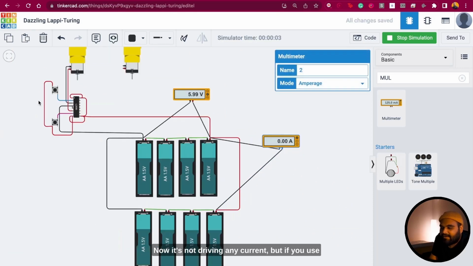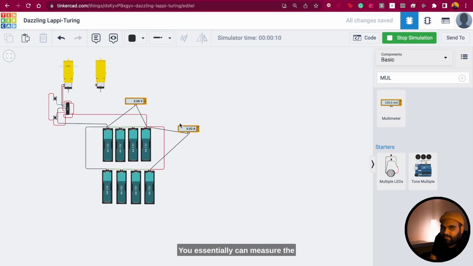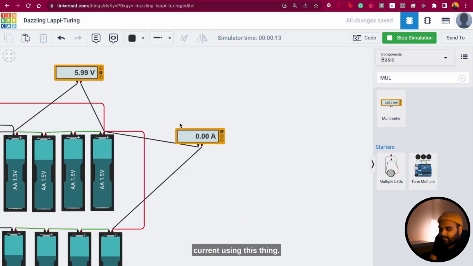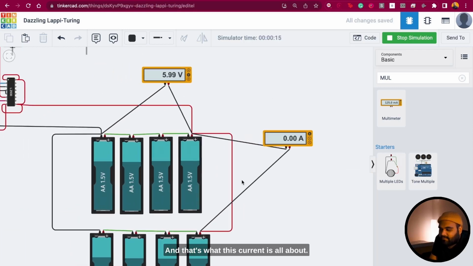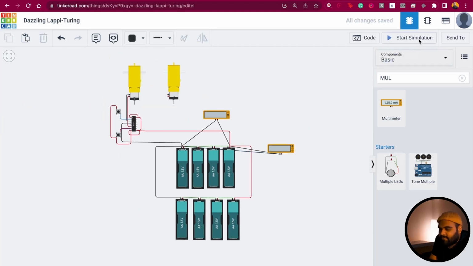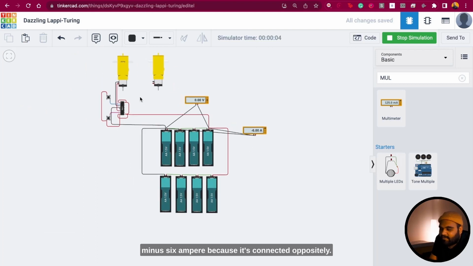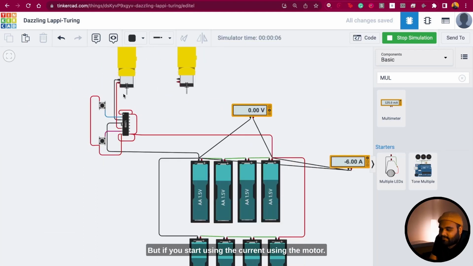Okay, now it's not driving any current, but if you use it, then it's going to start to drive current. And that's what happens over here. You essentially can measure the current using this thing. And that's what this current is all about. You can also measure it much more effectively if you connect this terminal to the other side, which is equivalent to the battery pack, of course. And if you see over here, it says minus 6 amperes because it's connected oppositely. But if you start using the current, using the motor,